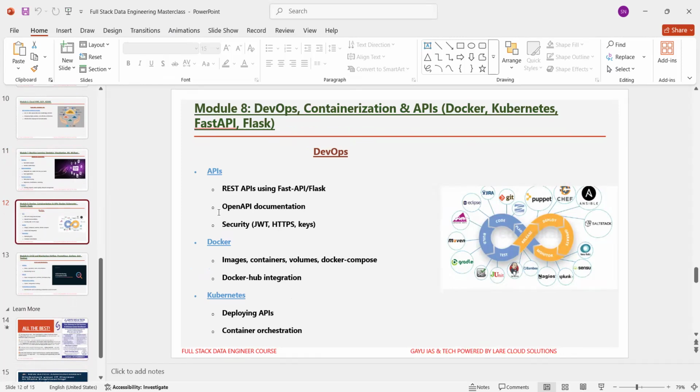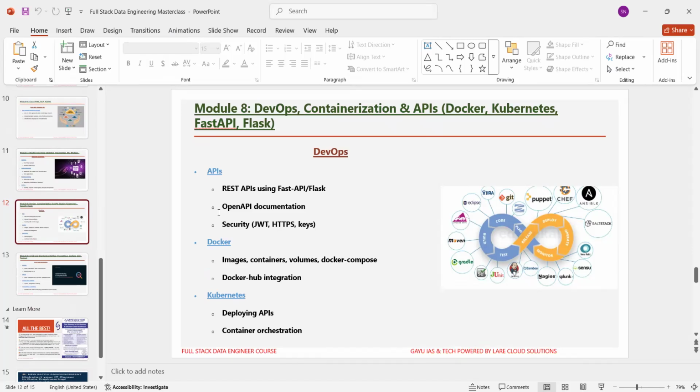This module covers API development with FastAPI and Flask, containerization with Docker, and orchestration with Kubernetes for scalable deployments. The real-world scenario: imagine that you are at DataStream Solutions delivering data services to clients.